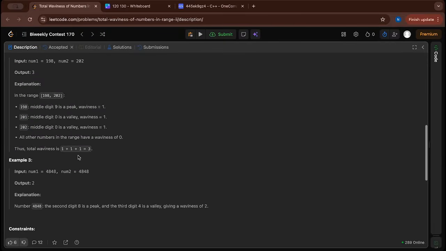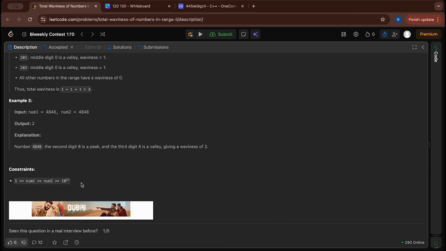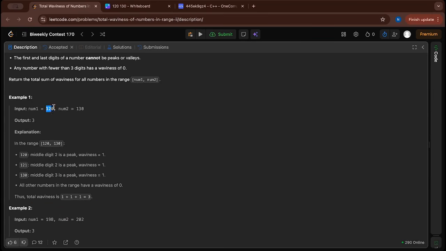And the constraints are that both are up to 10^15. For example, let's take 120 to 130. For 120, 2 is a peak, so in 120 there is only one,